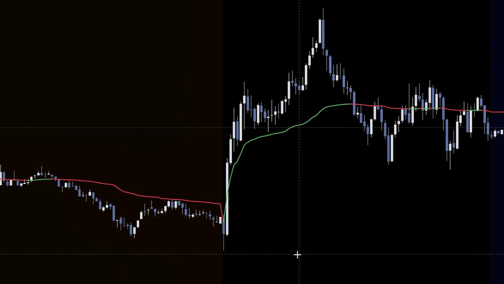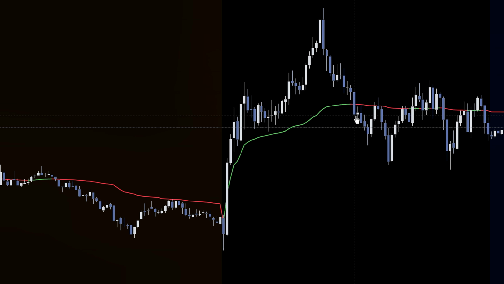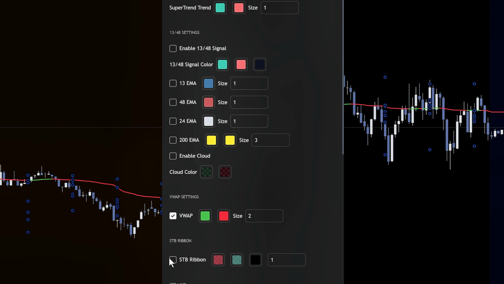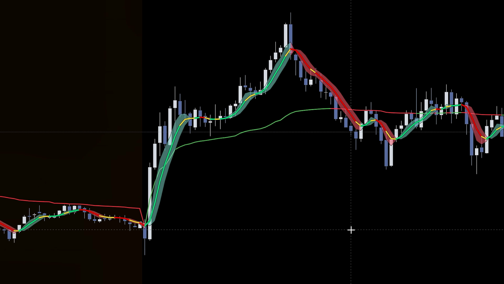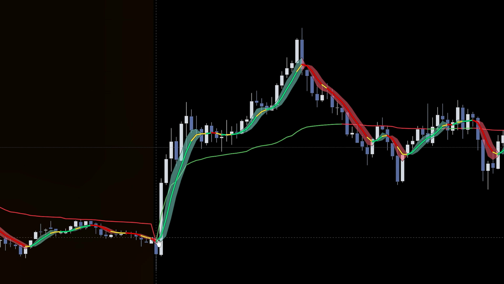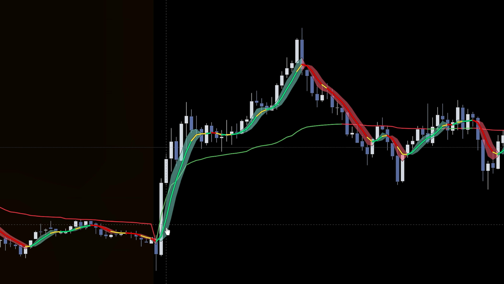Because there is such a thing as overextension, and we need to identify where that overextension happens when we're bullish. So I'm going to go into my settings here. I'm going to turn on my ribbon once again and my S2B line. Okay, cool. So what we could see here is, let's say we entered the trade on confluence, our green band